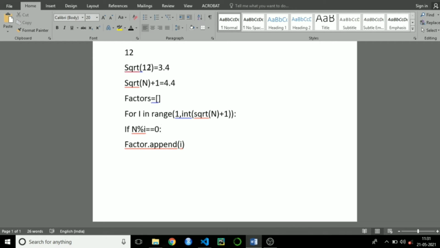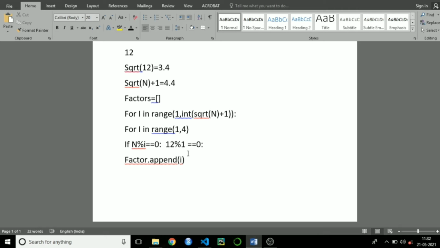If I consider 12 here, the range will be 1 to 4. For i in range of 1 to 4, in the first case the n value will be 12 and the i value will be 1. So this condition is going to pass, and I am going to append that i value, that is 1, to a list called factors here.